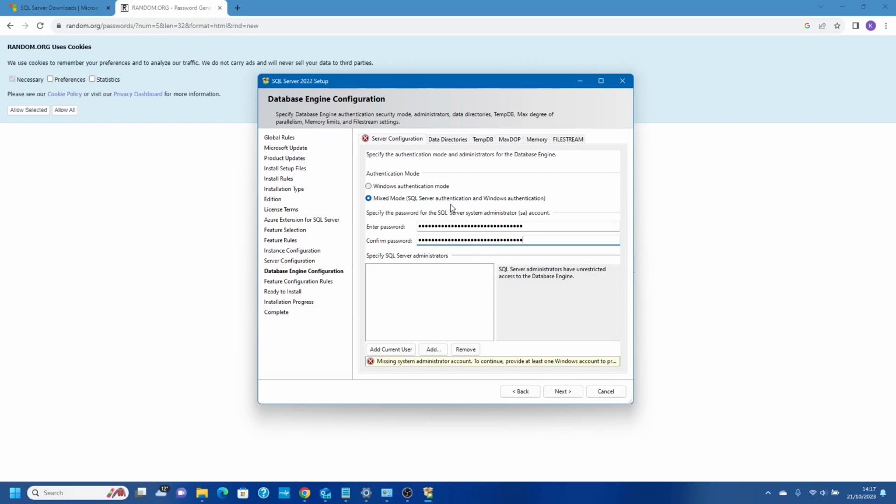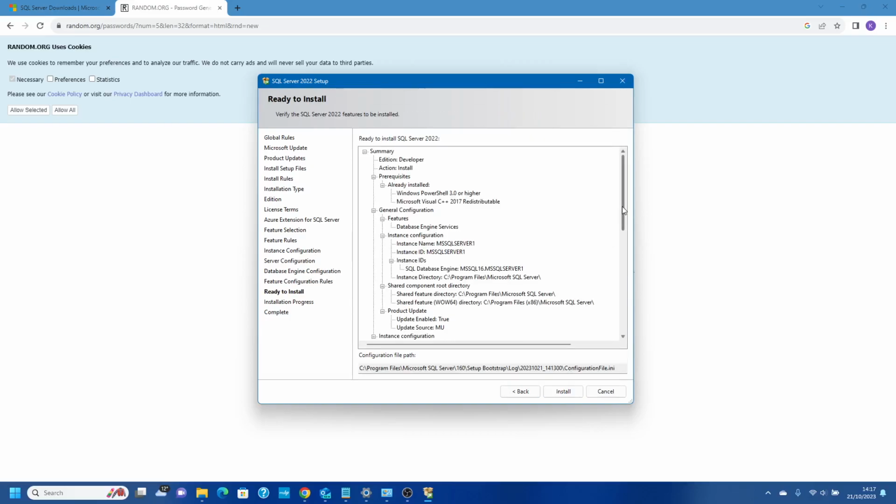So typically you would have a SQL user that connects to your database that is using SQL authentication. And what I'd always recommend, in case you forget this and you get locked out, is to add the current user. What that will do is put in here the logged-on user. This is only to do while you're playing about. So if we do next,